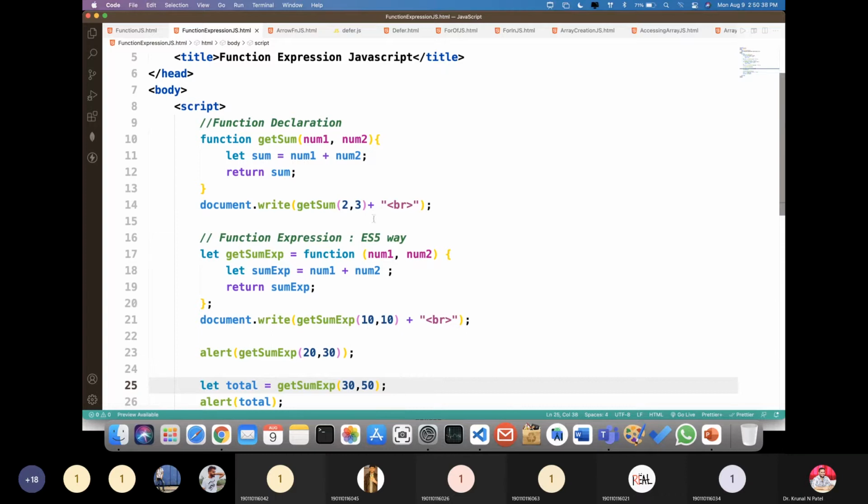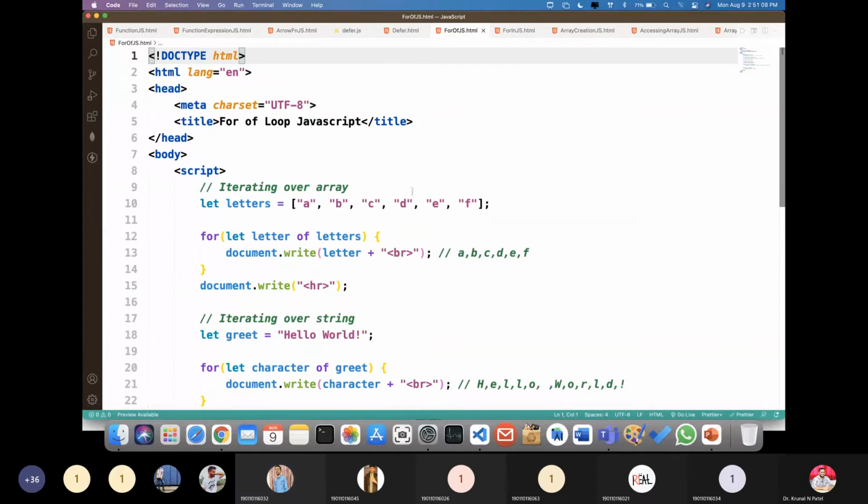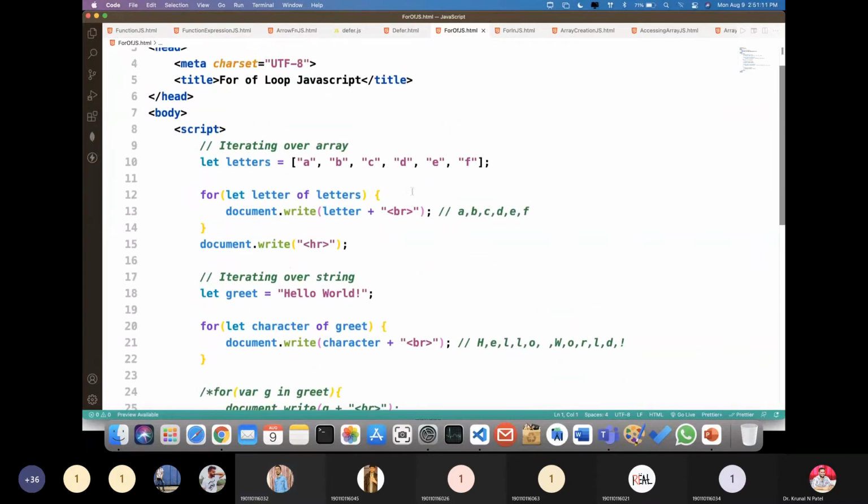That's it, guys. Is there any doubt up to this? Anyone in these function syntaxes? Because you have to deal with the functions everywhere, right? And majority of the time ES5 is going to be used, right? So you have to practice this kind of function declarations. Okay. Yes, sir. Okay. Now let's see the particular syntaxes for of and for in.